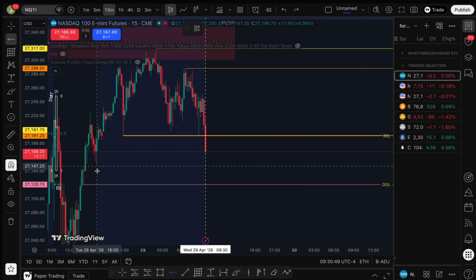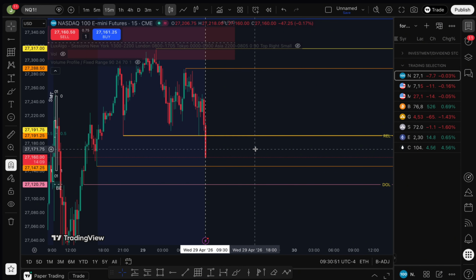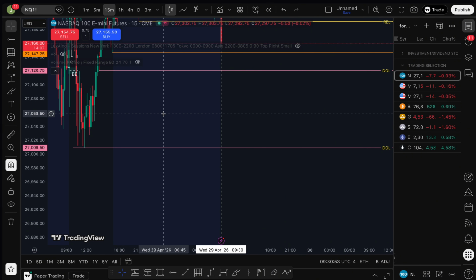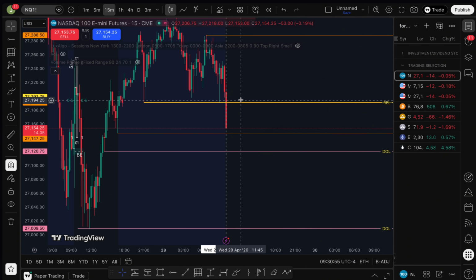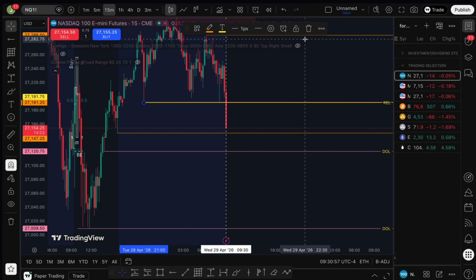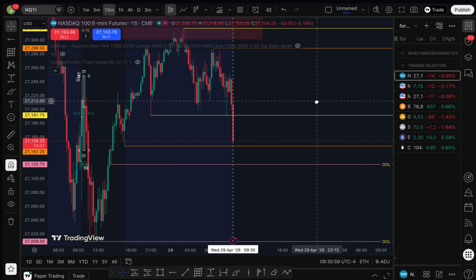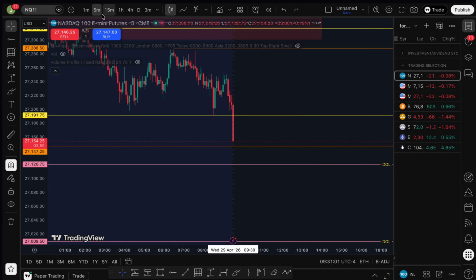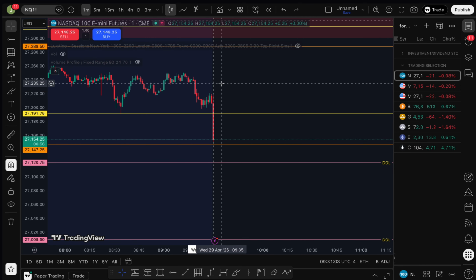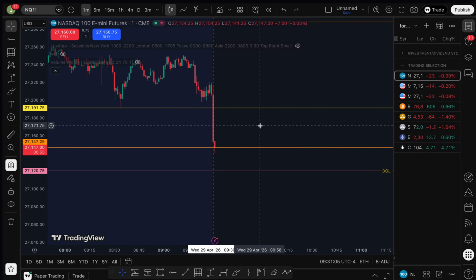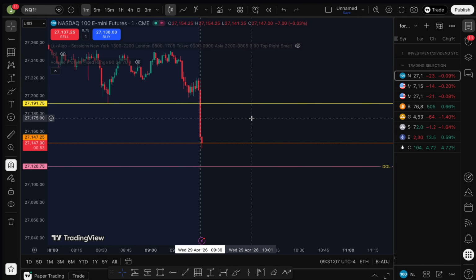So we'll see. I need to mark this out, and we'll see. Or we could touch these lows, but this relatively equal low has disappeared. If you go into the 5 minute, let's go to 1 minute. Actually, yeah, and we'll see what will happen. Probably not even a trade day, but I'll let you guys know. Analysis.